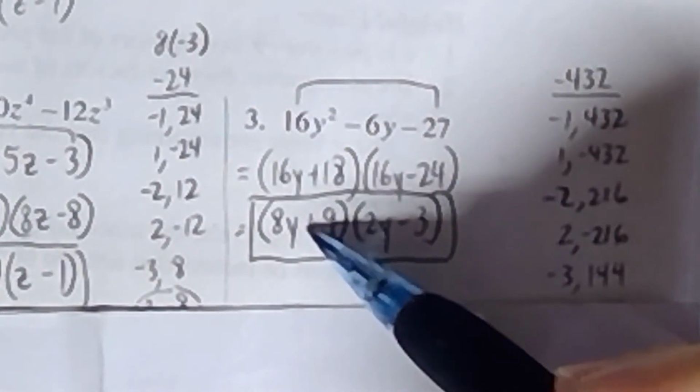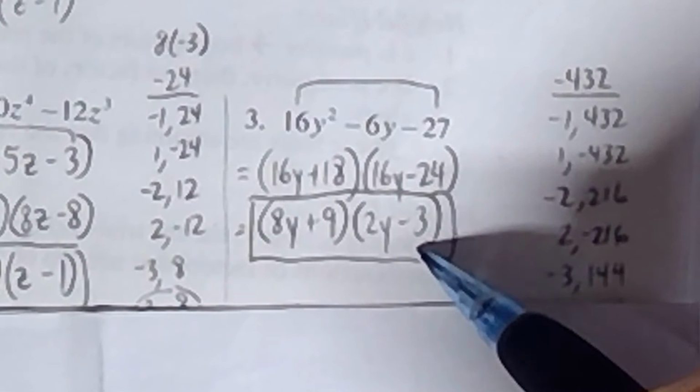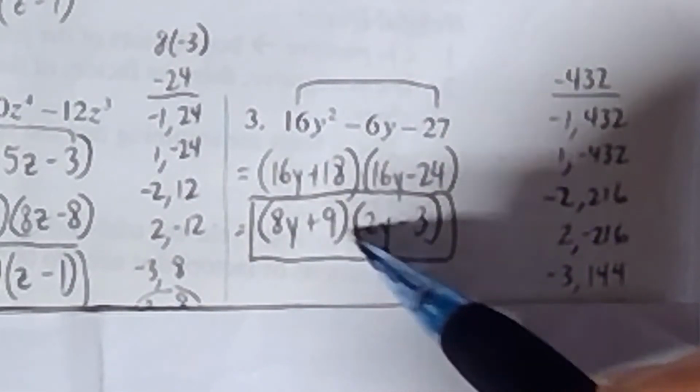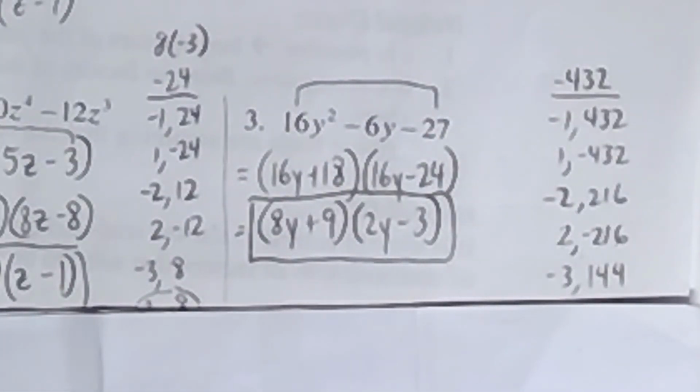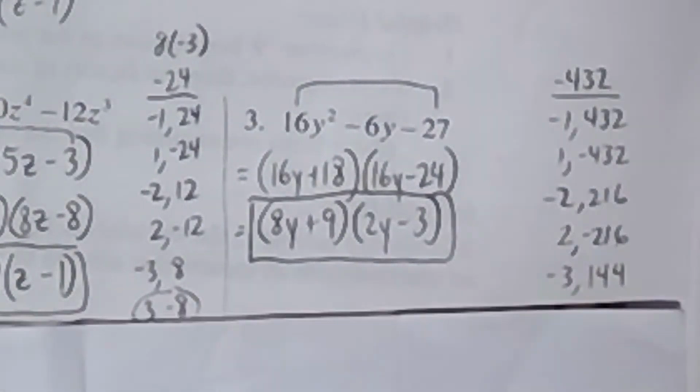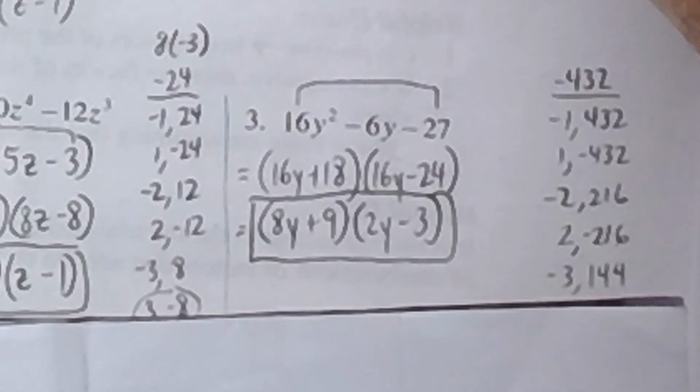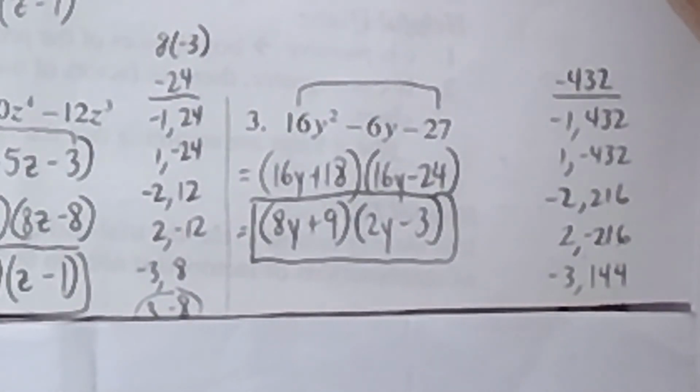If I then factor out the GCF out of each bracket, like I normally do on the last step, I get these 2 brackets right here. So that's number 3. Painful as it looks, you can eventually get to the answer there. So that is number 3. Number 4,